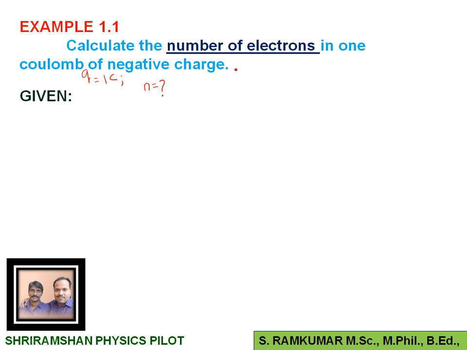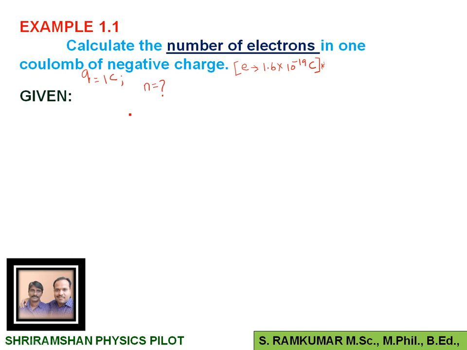So in this case, some constant value, that is the charge of the electron, that is E, is not given. Sometimes they will give or they may not give because it is a constant value. So you have to know the value for charge of the electron, that is E will be equal to 1.6 into 10 power minus 19 coulomb. Okay, it is very, very important concept. It may be asked in one word also.